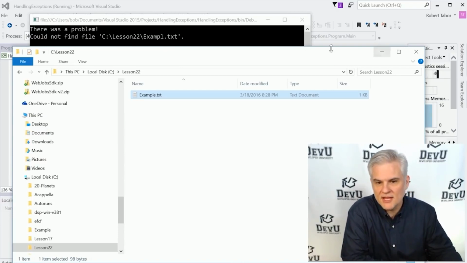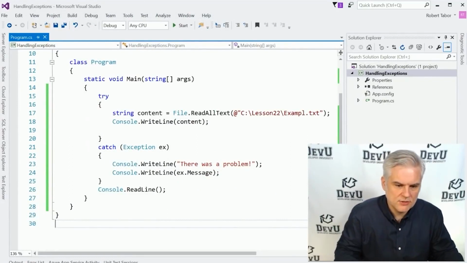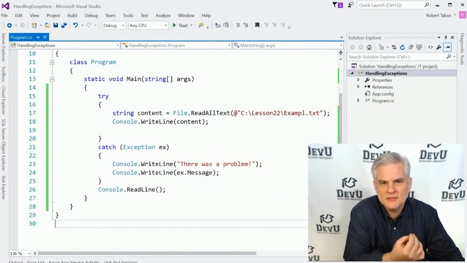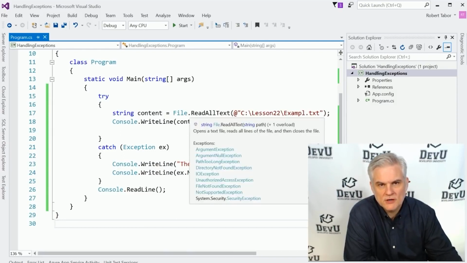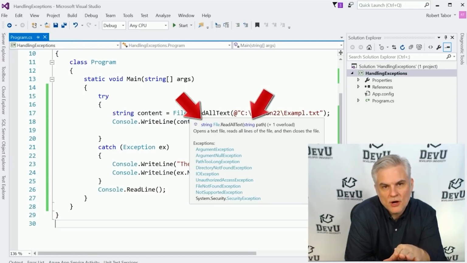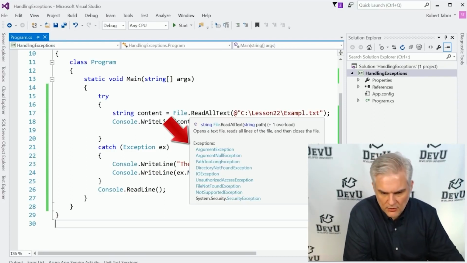Now, really what I would like to do is account for all the possibilities and be a little bit more specific. So if I were to hover my mouse cursor over this ReadAllText where the issue seems to be, you'll see that we've mostly only been looking at the return value and the input parameters for a call to a method. But notice below that there's a list of possible exceptions that could occur. Also, if we were to go to System.IO.File.ReadAllText, let me just copy this,